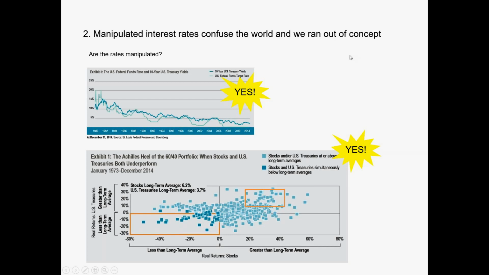Then another point is the whole topic of this extremely manipulated zero interest rates. I mean, that's no doubt, and I think it's worthless to discuss. I mean, this cannot be sustainable, and I think he's really right with the statement that they ran out of concepts. And also an interesting graphic I found